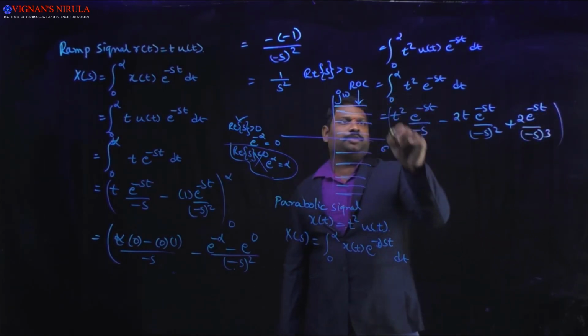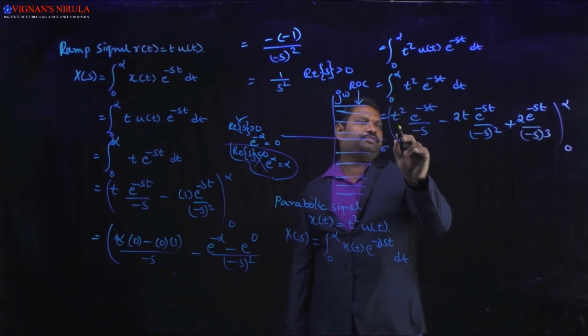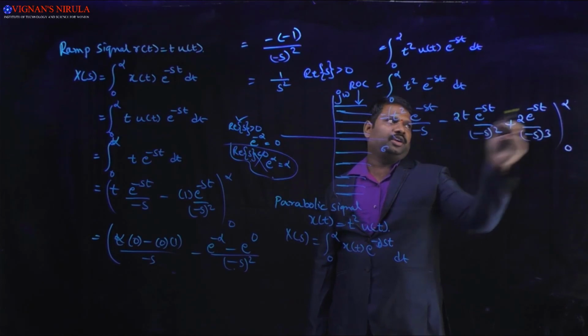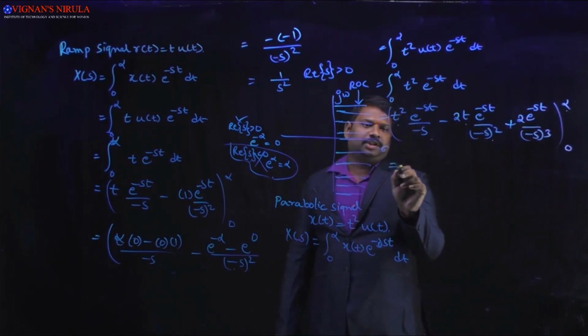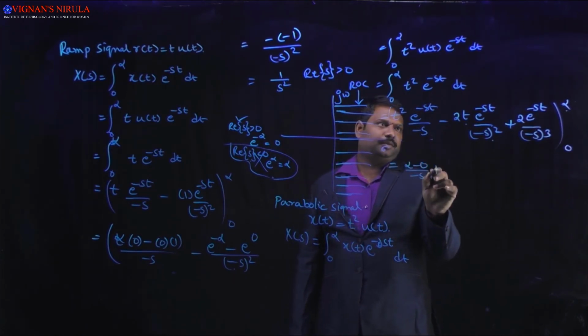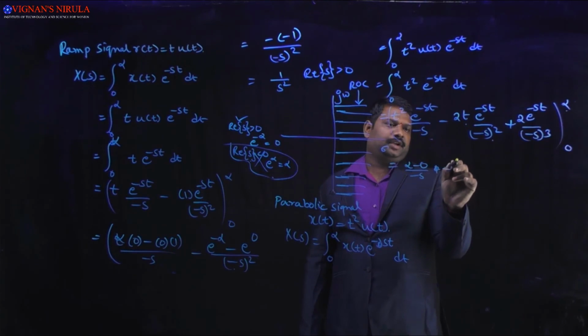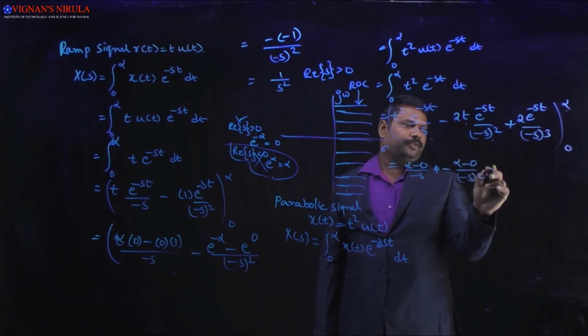The limits are from 0 to infinity. When we put infinity here, this term will be infinity only. Again, putting infinity here, this term is also infinity. That's why we get infinity minus 0 by minus s, plus minus infinity minus 0 by minus s whole square, plus here